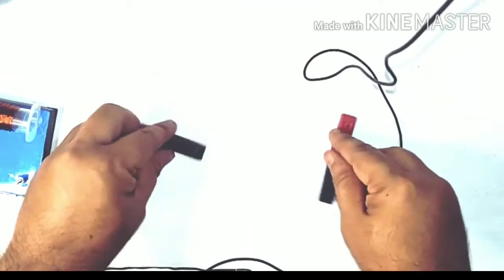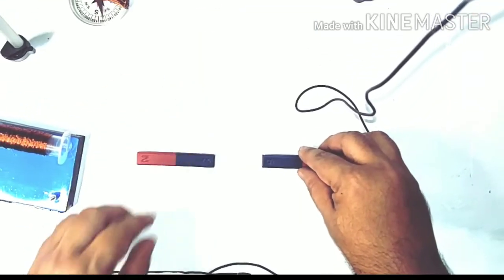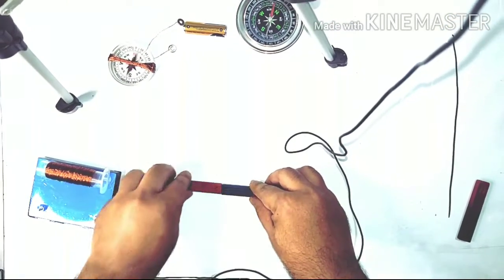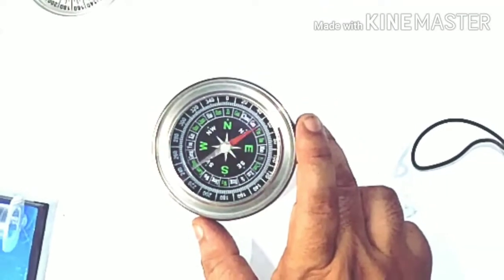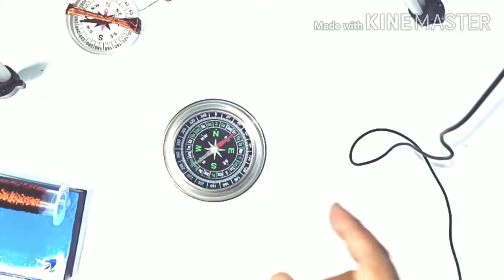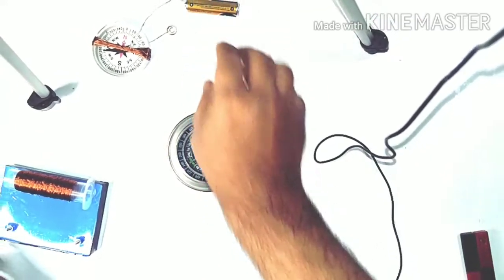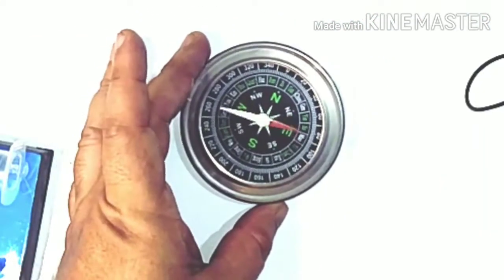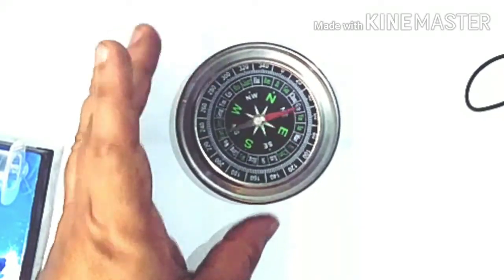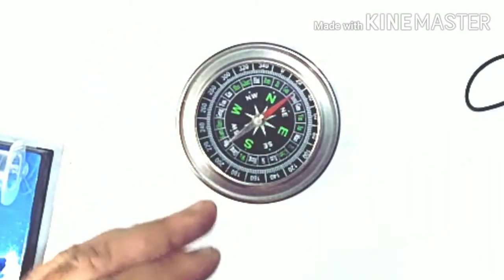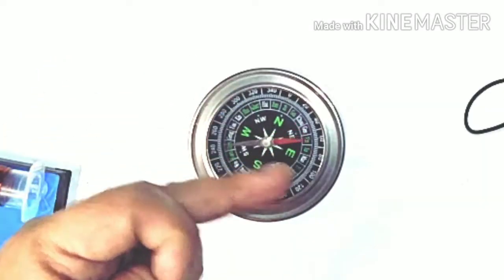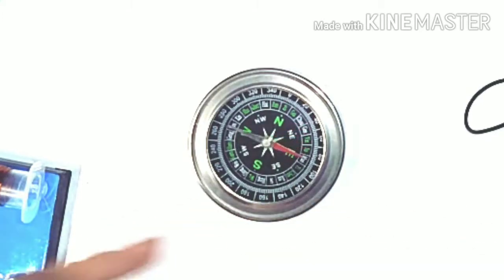Fine, we did north pole towards north pole. If I bring south pole to south pole, the same thing will happen: the south pole should be repelled and the north pole should be attracted. Let us see, it's happening, right? Now, a magnetic field can be impacted by another magnetic field only, so let us see if that is happening with this needle. This needle, as you can see, is fluctuating a little, because of various factors, but let's have a little patience. In a few seconds it becomes constant in a particular position, and that position shows the north-south direction of the Earth's magnetic field.